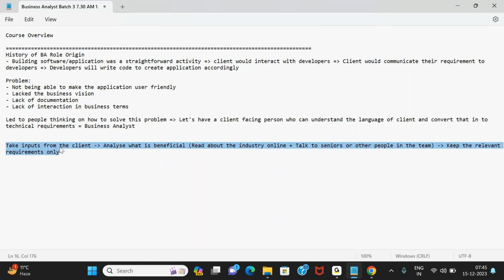how you take input from the client. Okay, how do you initiate your conversation with the client? At this moment, I have just listed out the high level activity, that what is being done over here. Okay, high level activity. But in coming classes, we'll go into detail on how you initiate conversations with the client, how you talk to the client, and how you get more inputs from them. And that after taking inputs, how you do the analysis, and post analysis, how you keep the relevant